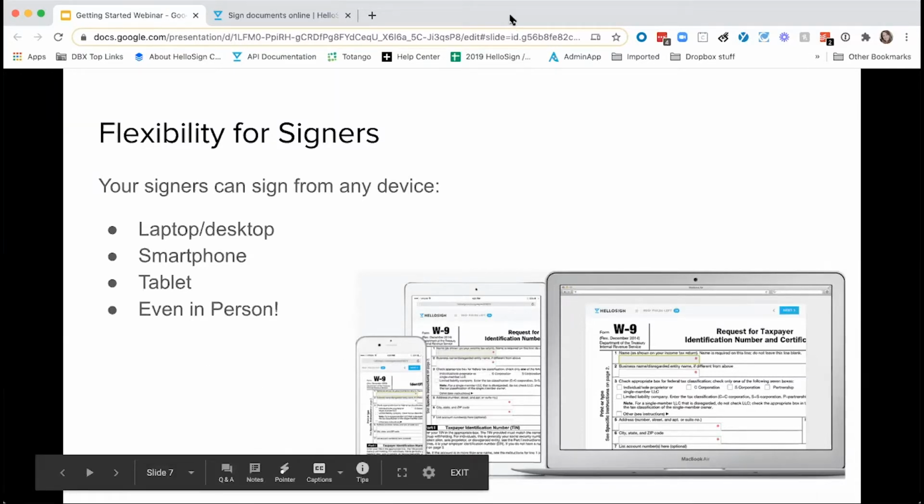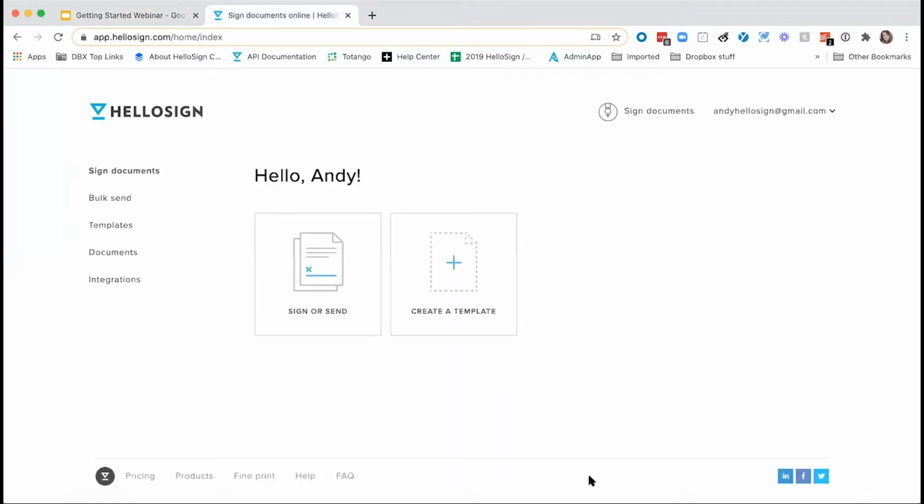So I'm going to go ahead and pull up my demo account. All right, so here on our homepage, you're going to see you can easily jump into the requesting flow by selecting Sign or Send. You're also able to easily jump into creating a template by this second option here, which is create a template. Before we go ahead and dive into the requesting flow, I want to point out a few